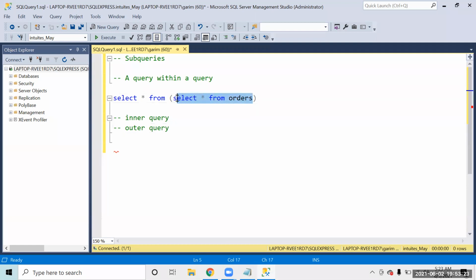First of all, this query will be executed, and whatever output we get will be used as an input for the outer query. That is something that is called a subquery.